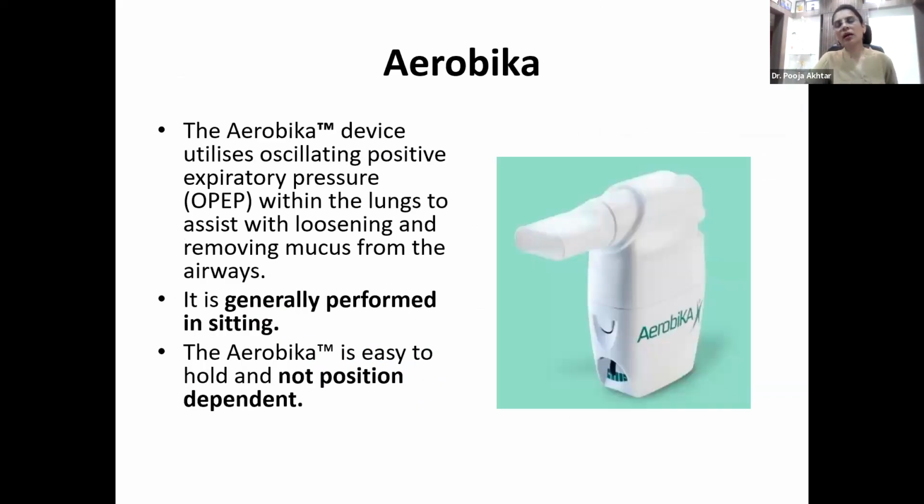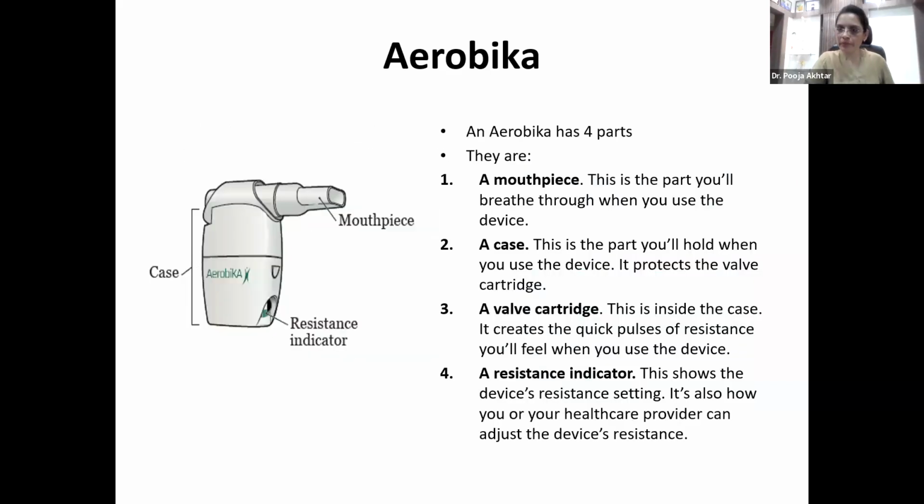Coming to Aerobica, Aerobica utilizes oscillating positive expiratory pressure to loosen the secretions from the lung. Preferably, it should be performed in a sitting position. Again, this is not gravity dependent. It has a mouthpiece, a case, a valve cartridge, and a resistor indicator. As you can see here, you can set the resistor from 1, 2, 3, 4, and 5, whatever the patient is comfortable with. When the patient blows into the Aerobica device, the patient is expected to make 10 blows